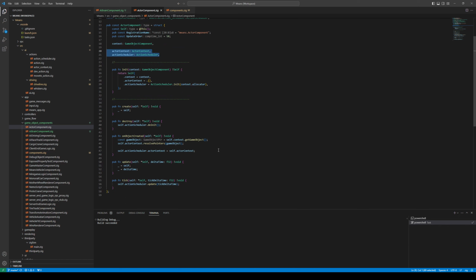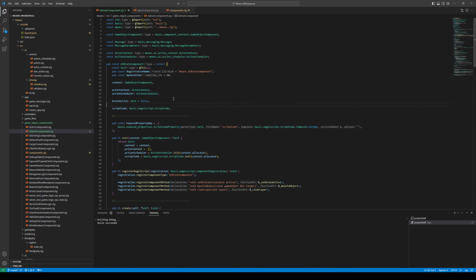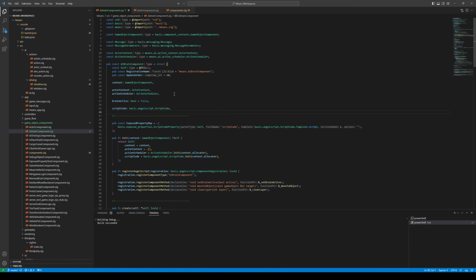But I would like to have these in the brain component itself. This way we don't have to have an actor component just to hold these two guys. So I moved them here. Let's see if this is what we'll end up with. Then we just have a boolean here, whether or not the brain is active or not. So the reason we have this is that